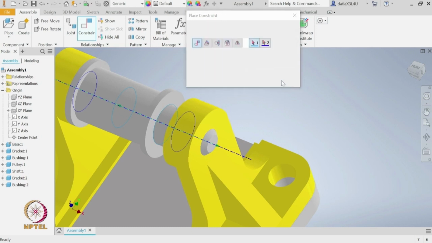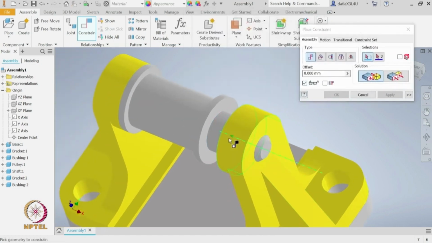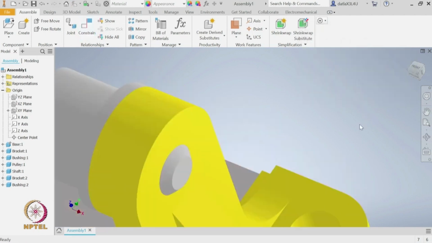So, let us apply this constraint, but now we notice that this collar should be matching with the face of this support. So, for that I will select only the edge of the collar and then the edge of this support and then mate each other. Let us apply the constraint. With this, we are done